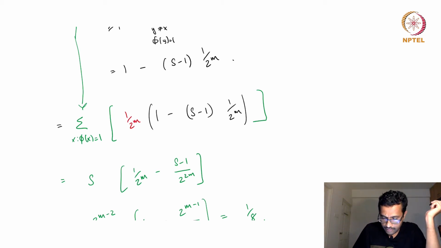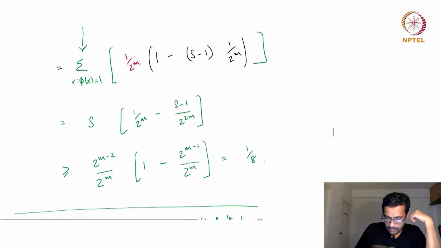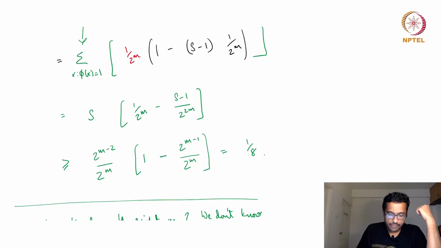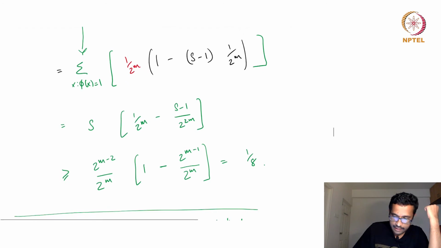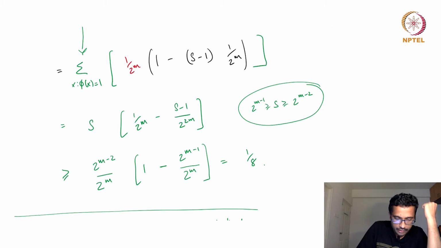And if you just see what happens here, you have 1 by 2 power m in the square bracket minus s minus 1 divided by 2 power 2m, because this 2 power m outside and the 2 power m inside gives rise to 2 power 2m. Sorry. And now we want to lower bound this again. So we earlier said that s lies between 2 power m minus 2 and 2 power m minus 1. So the lower bound of s is 2 power m minus 2, right? And